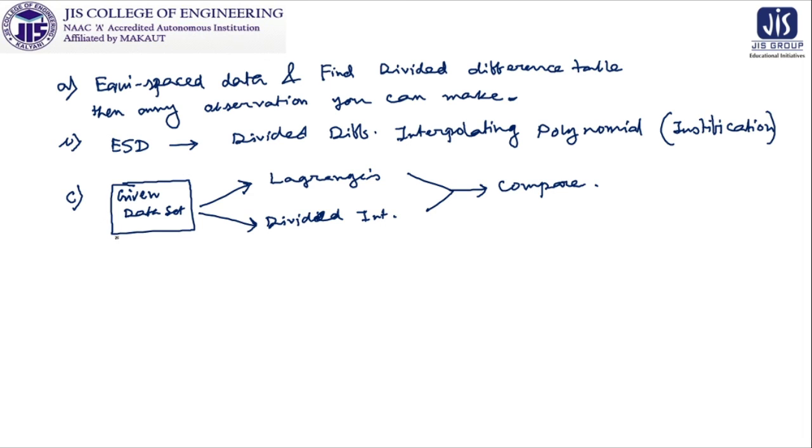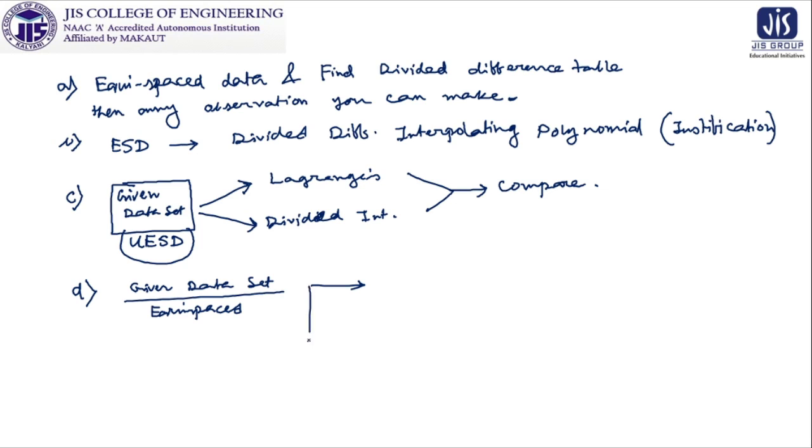That is for unequispaced data. If it is an equispaced data set, then your job is to make at least 3, or if possible 4, classifications. One is Lagrange, because Lagrange can be applicable anywhere. Another one is divided difference, and after that